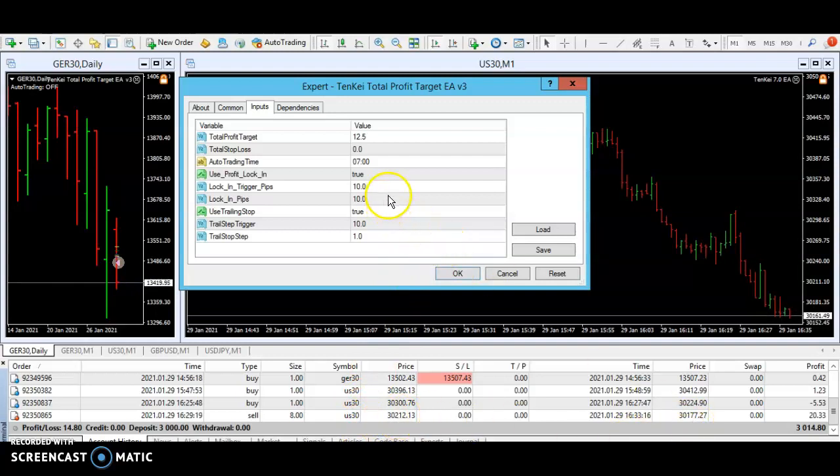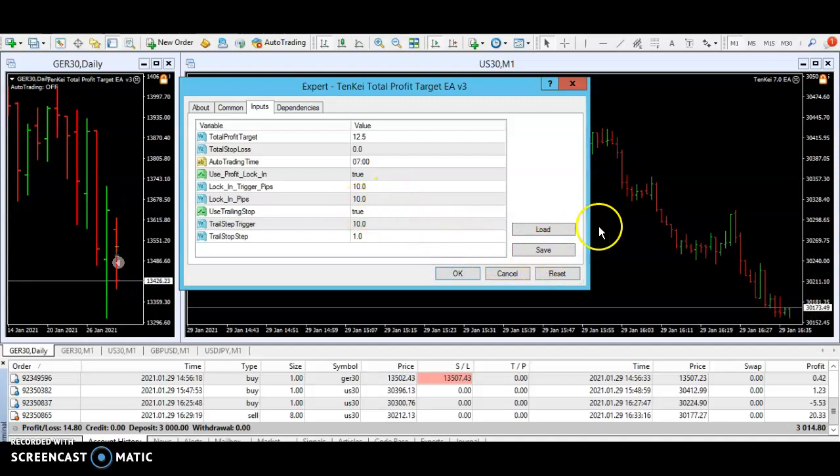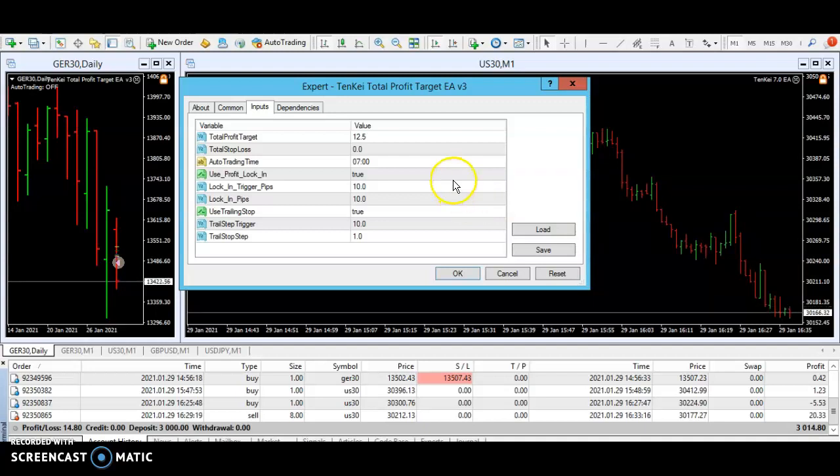So how did that happen? Big slippage. So I guess the market to trade, if you want to be using the TPT, the total profit target, in isolation, one of the good markets to trade, if you want to be scalping it, would be the Dow, the US 30 or Wall Street. So I set that for 12.5. There was no stop loss, for some folks say, I never set a stop loss. Oh, that's very risky,